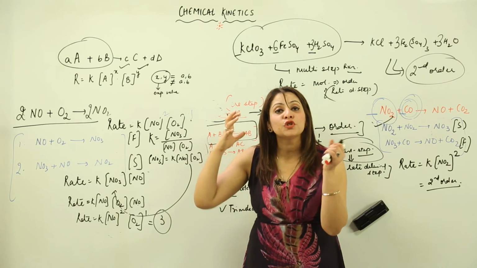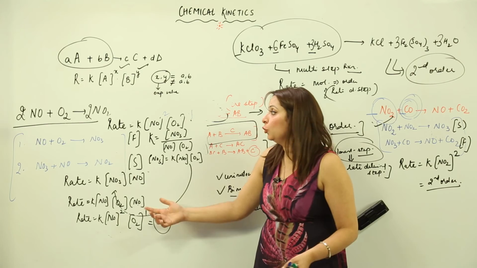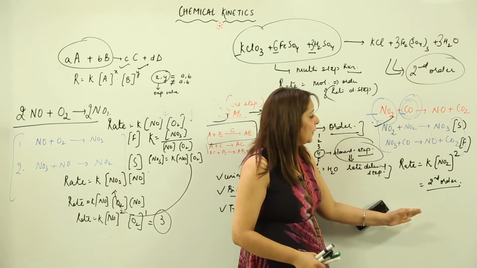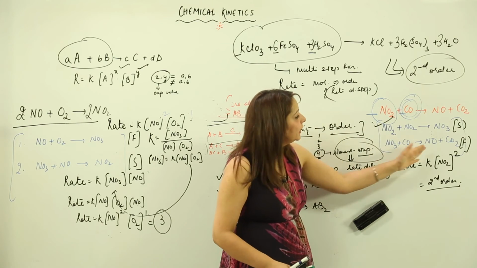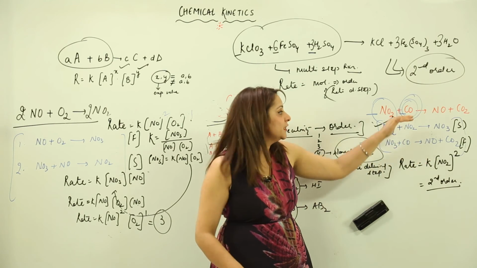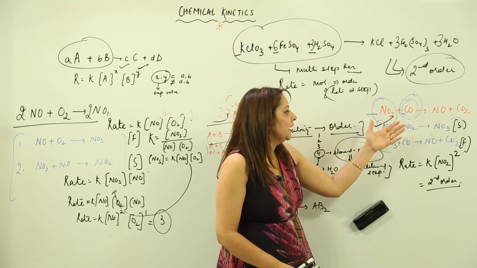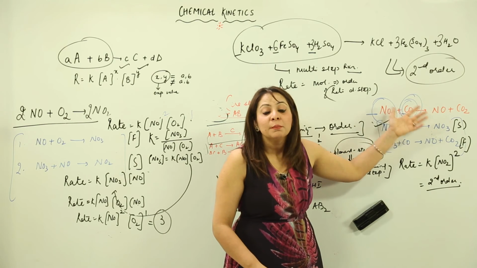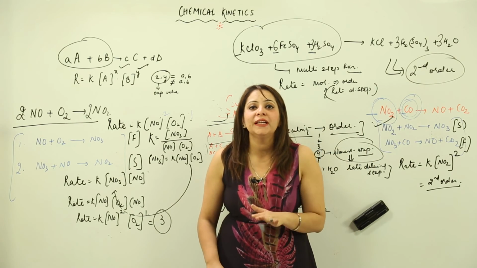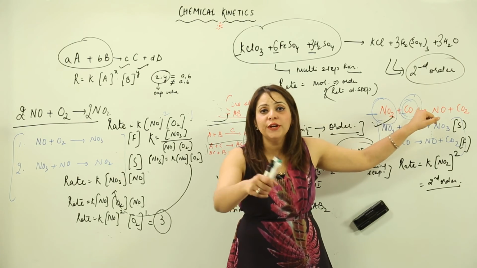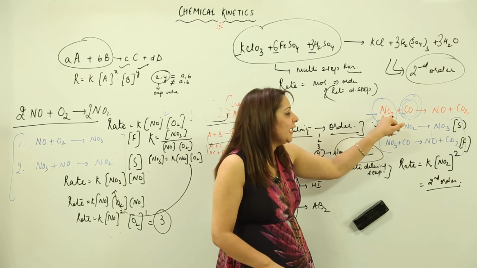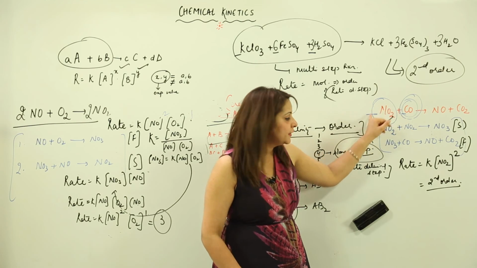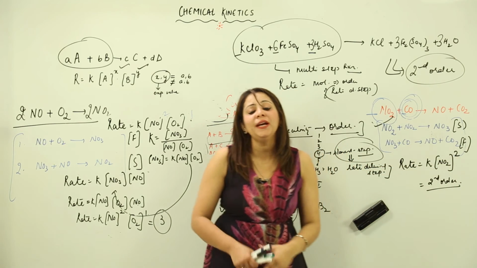It is only a matter of chance that these experimental values come out to be the same as shown by the stoichiometric values. And as I told you in the earlier example, if we write the rate expression by just looking at the principal reaction, we will be writing that it is directly proportional to the concentration of NO2 and CO. But as we see by performing the mechanism, out of these two reactants, the one which determines the rate of the reaction is only NO2. And what is the power for this NO2? What is the value of x for this NO2? It is 2. That is why it is said to be a second order reaction.